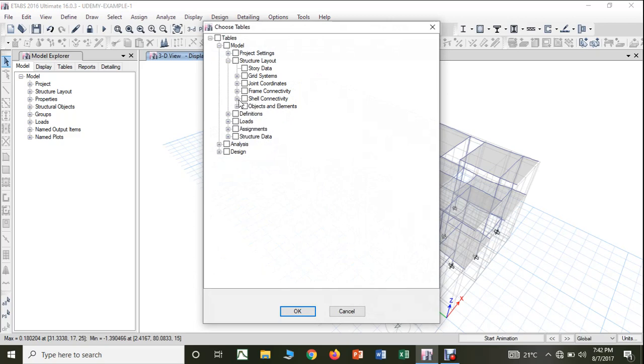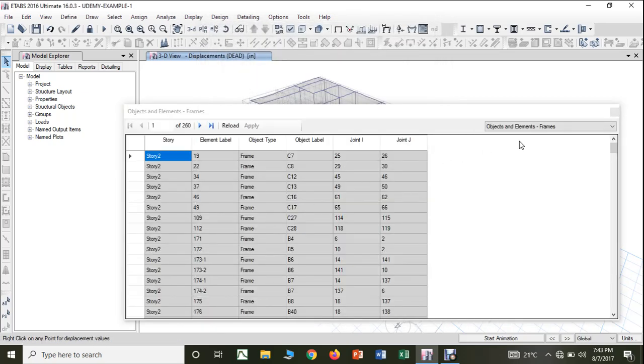Then the last one that you have here in the structure layout is objects and elements. Again, this will give you information about the joints, the frames, that is beams and columns, and the shells, that is slabs. You can click on that, you can give OK. You can see that this is about the